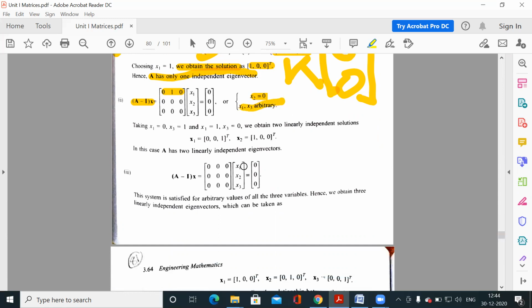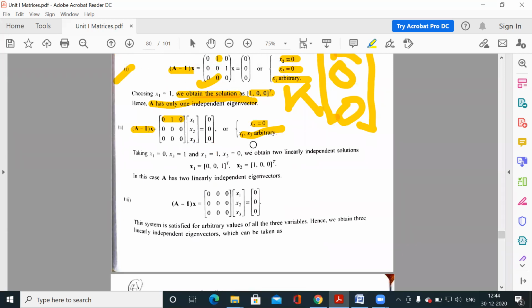तो दो वेरिएबल जो इंडिपेंडेंट थे वो क्या होंगे, x1 एंड x3। तो अब क्योंकि दो वेरिएबल इंडिपेंडेंट हैं तो आप एक को k1 ले लीजिए, एक को k2, तो आइगन वेक्टर क्या बनेगा, x1 x2 x3, तो आपका बनेगा k1, 0, k2।